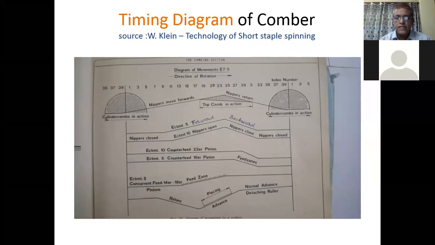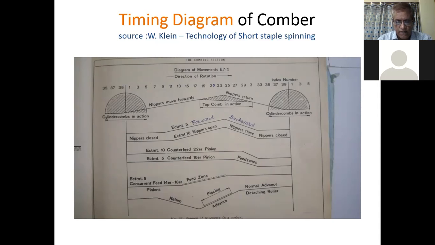So today we will study whether there is some timing diagram, or whether timing is fixed or not. Yes, in the machine, the timing of every action is already pre-decided by the manufacturer during the design of the machine.